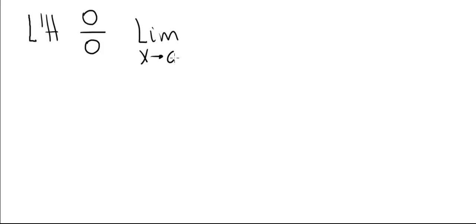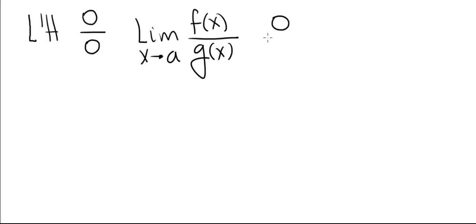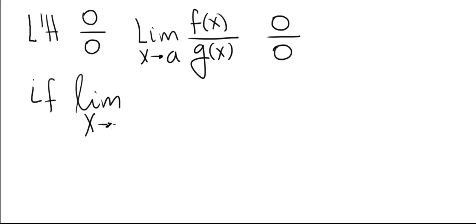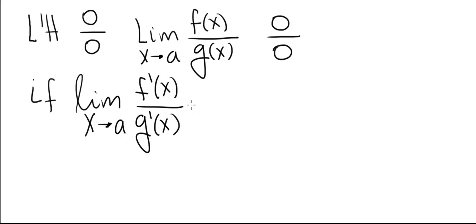Let's recall L'Hopital's rule applied to the indeterminate form 0 over 0. Suppose we're evaluating the limit as x approaches a of f of x over g of x, and both f of x and g of x approach 0 as x approaches a, so we get the indeterminate form 0 over 0. According to L'Hopital's rule, if the limit as x approaches a of the derivative of the numerator divided by the derivative of the denominator, that's f prime of x over g prime of x,